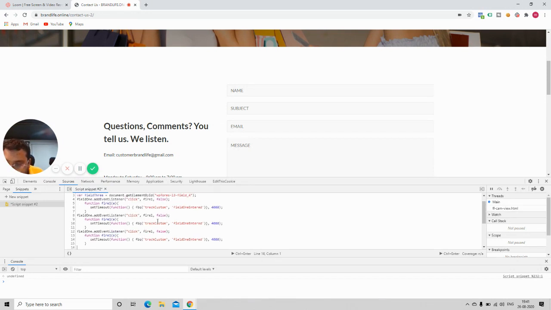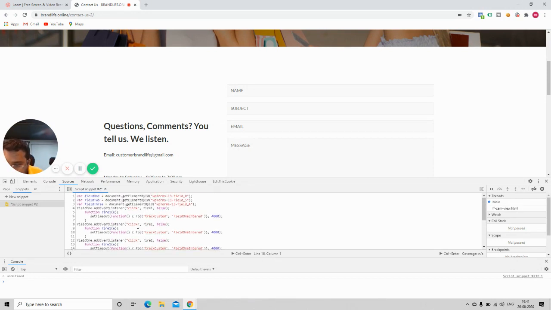Right now, the event listener I'm adding is for field one, and the second event handler I'm adding is for field two, and then field three. Click is there, event listener is there.